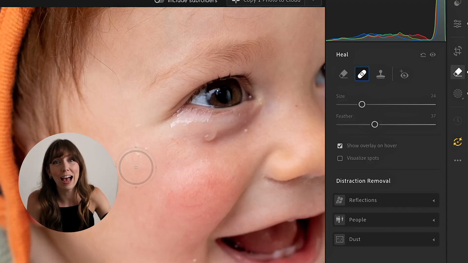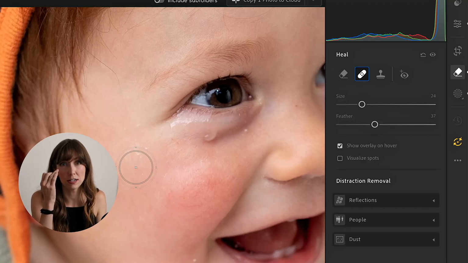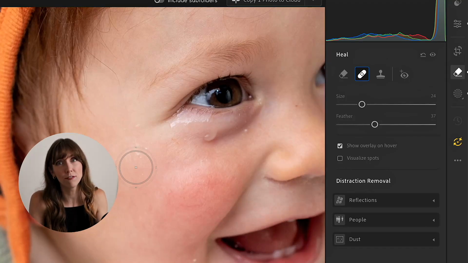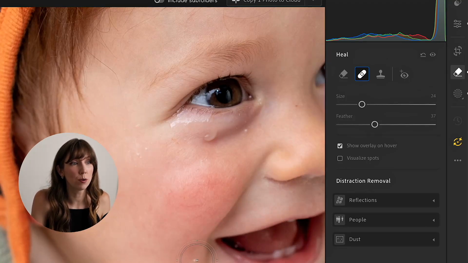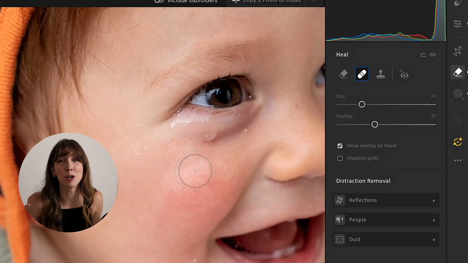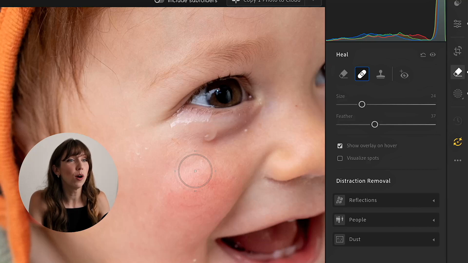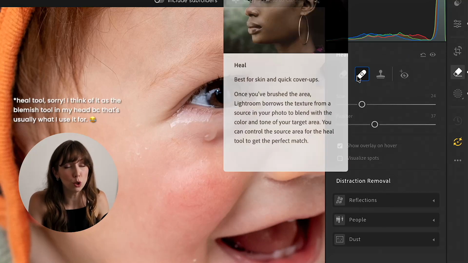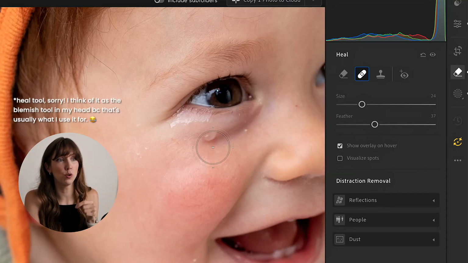My son had a procedure to fix his tear duct. He always had this watery eye, so he's got that in photos going on. Sometimes we have these little white dots, I forget what they're called, but there's a specific name for them. Scratches on the face because, as we know, babies have talons. So let's look at the blemish tool to remove those, because I like the blemish tool for things where we're